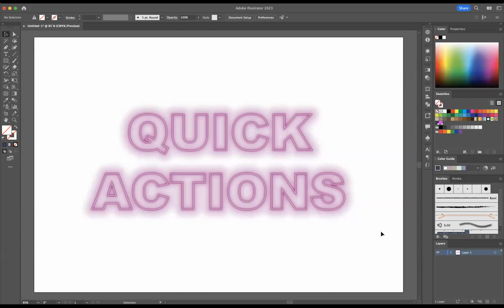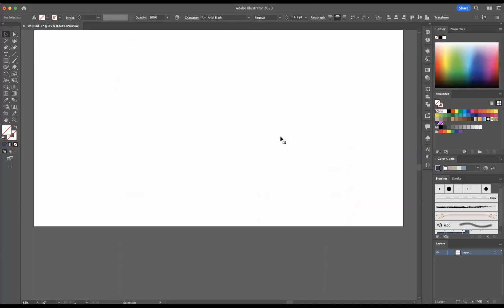What I want to do today guys is show you your quick actions options within Adobe Illustrator, what they are, certain styles that you can use, and just simply apply them to typography within Adobe Illustrator. As you can see here, I have an example in front of us of what kind of style you can apply to your typography. Okay, so using my selection tool now, I'm just going to select everything and press backspace,